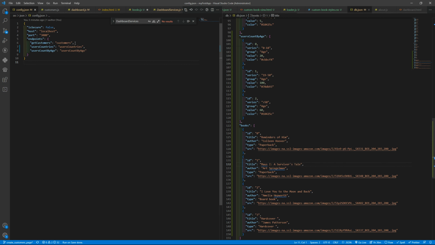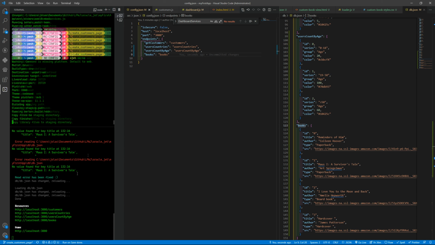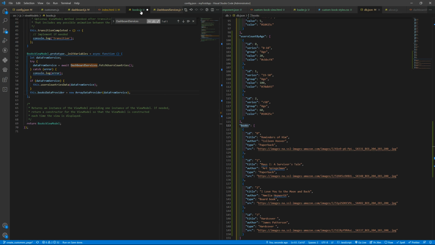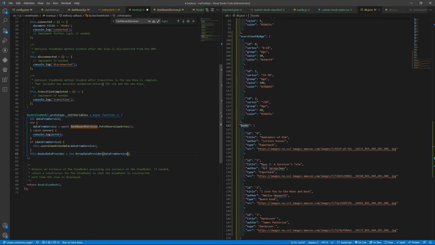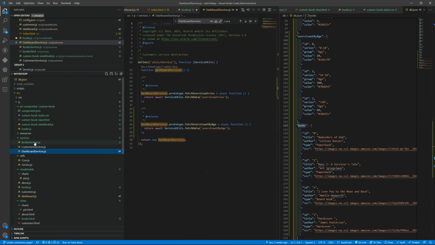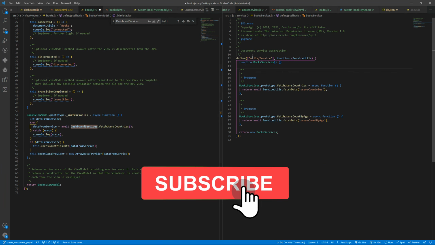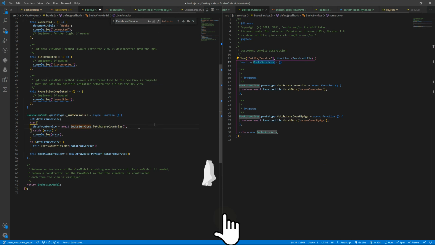There is books. There we go. We need to restart the server. Okay, and now we have the book dashboard services, and I want the book services here, and I want to load the book services